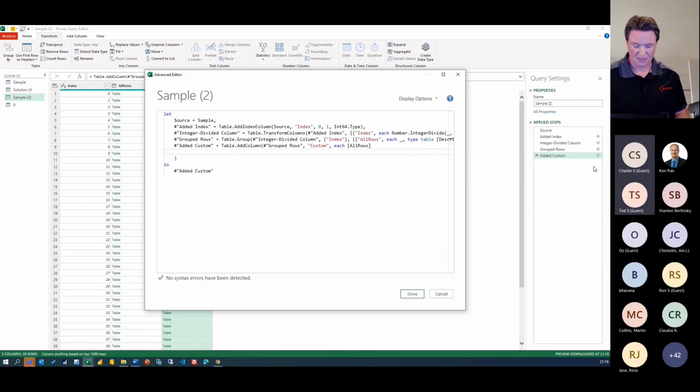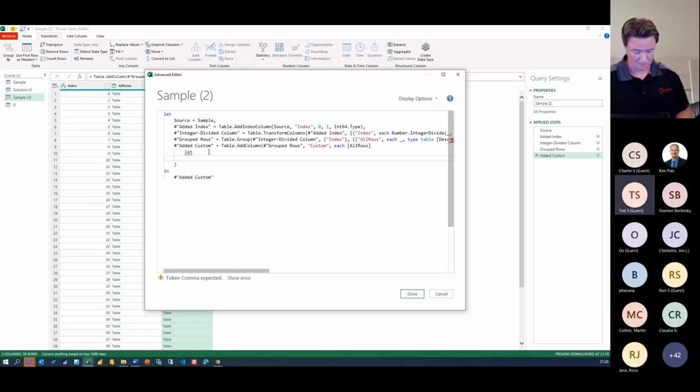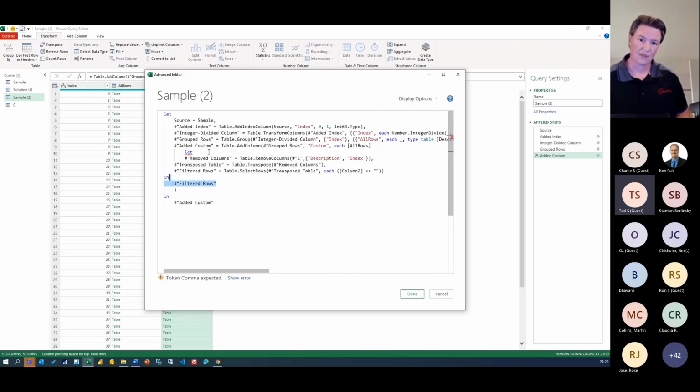I'm just going to make some space, and in the query you see a let and an in clause, and in between there's a commented limited list of variable names and values assigned to them. Now we're going to create a nested let statement. So I have to start with the let clause, paste in my code, indent that a bit. Perfect.